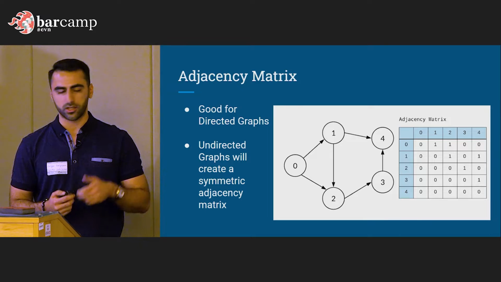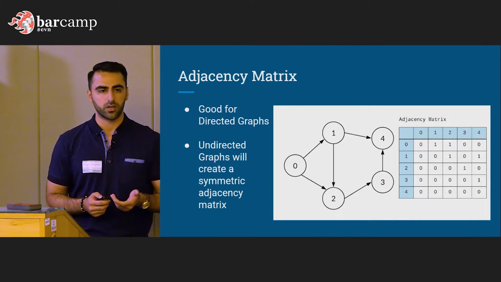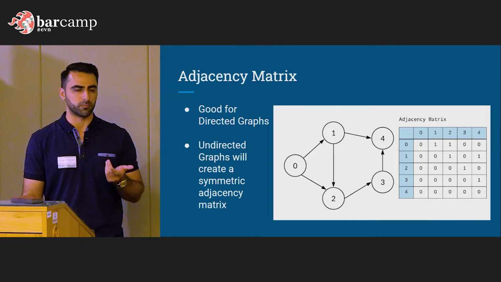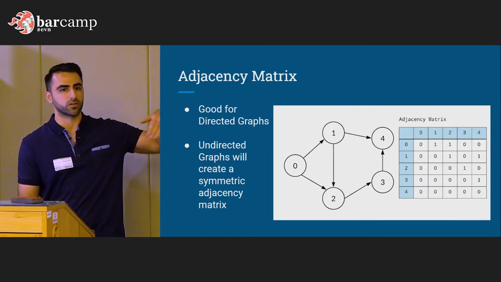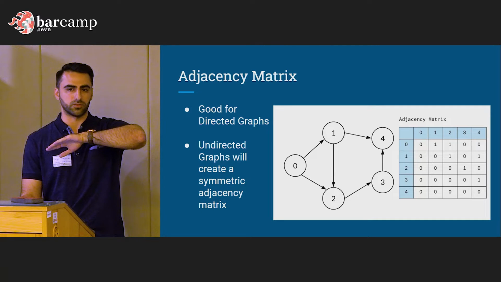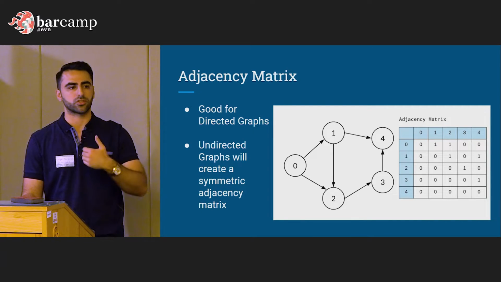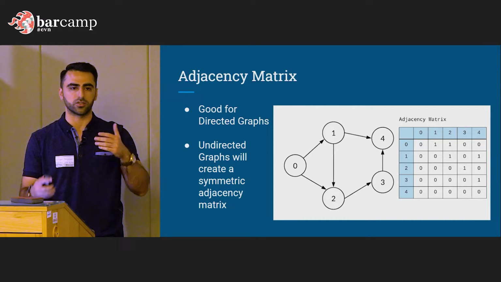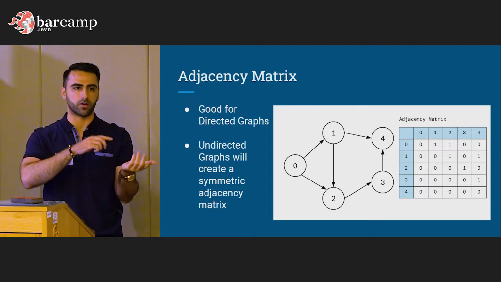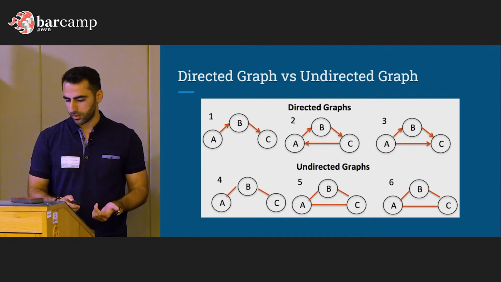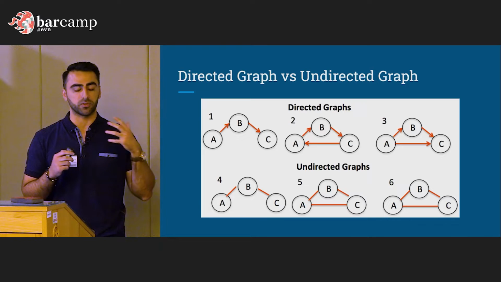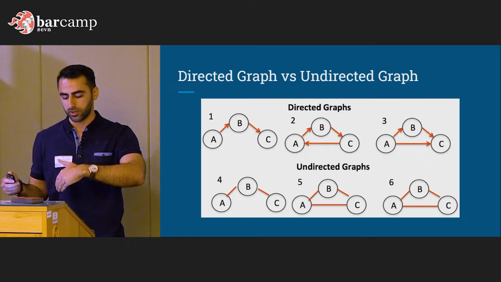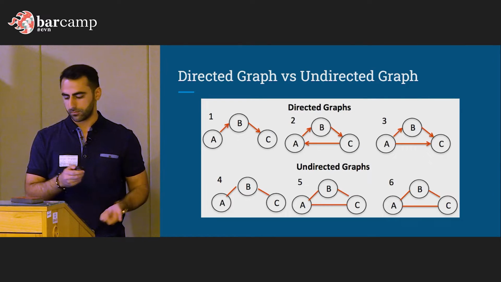Also, it's important to note that even though you can use adjacency matrices, if you use them for undirected graphs, what you'll have is a symmetric matrix. What that means is you'll see here across is a diagonal of zeros, because again, you can't have a relationship to just yourself. You have to have a relationship to someone else. But if it's undirected, then it's going to look exactly the same on the top or the bottom. Here's just a visual example for those of you that might not be familiar with what directed and undirected graphs look like. So it has to follow a specific flow. When it doesn't, it can go up or down.